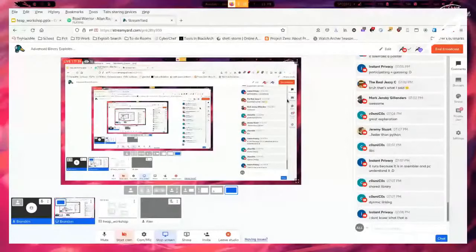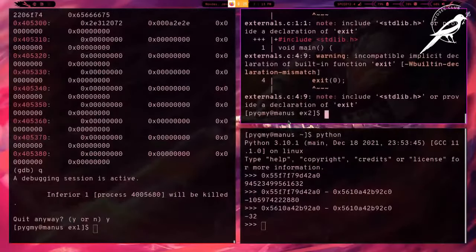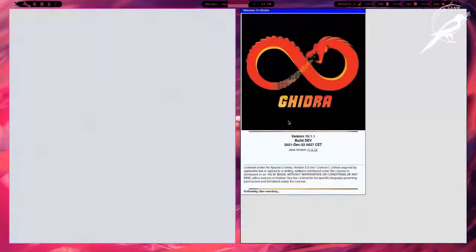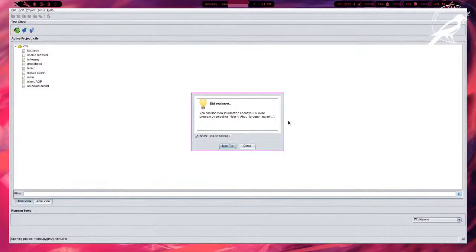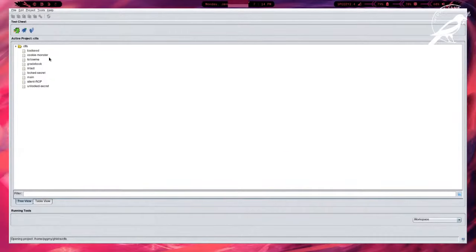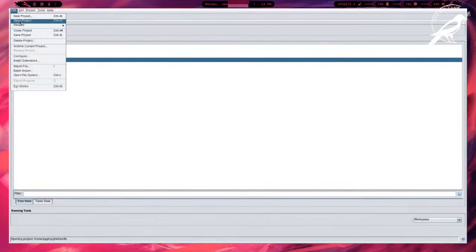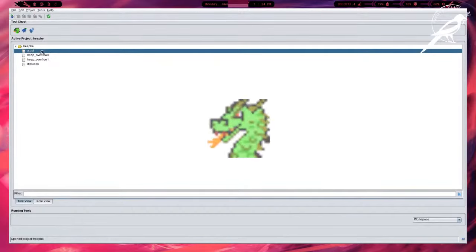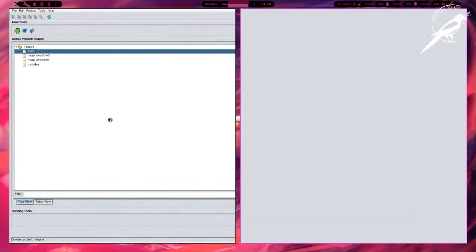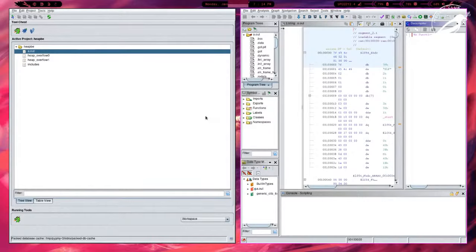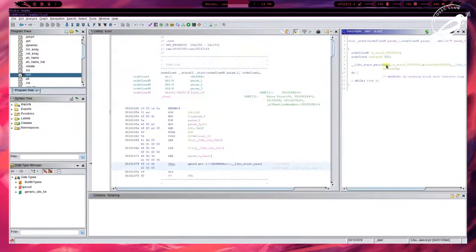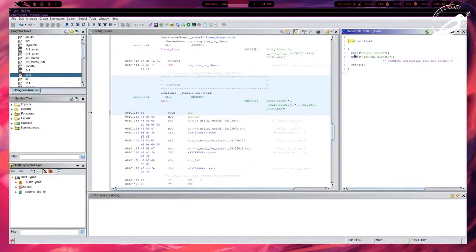Okay, so I'm actually going to call Ghidra. Okay, so this is the same program we had earlier before with just a call to printf and the call to exit. So as you can see here,